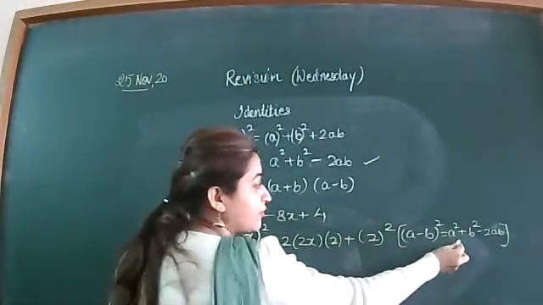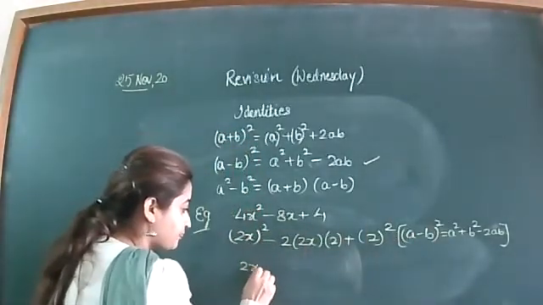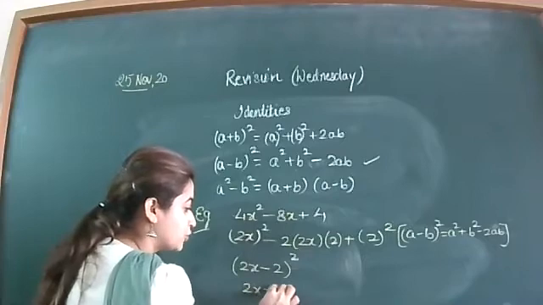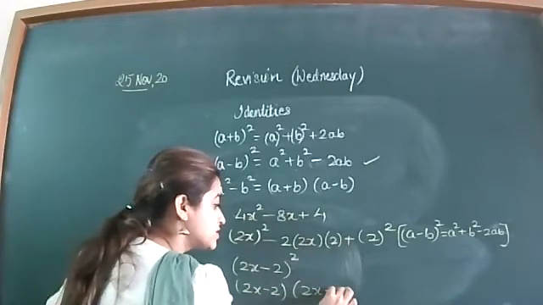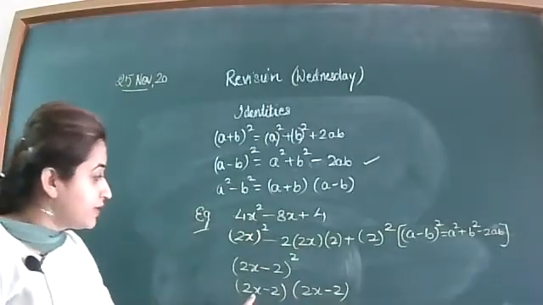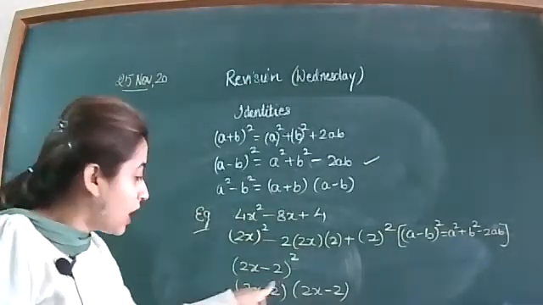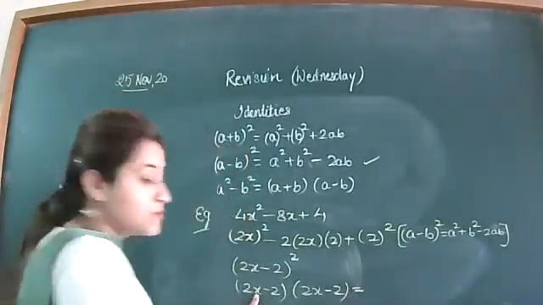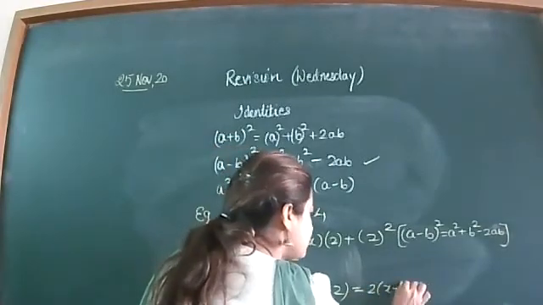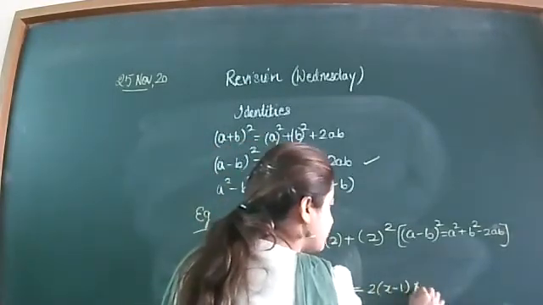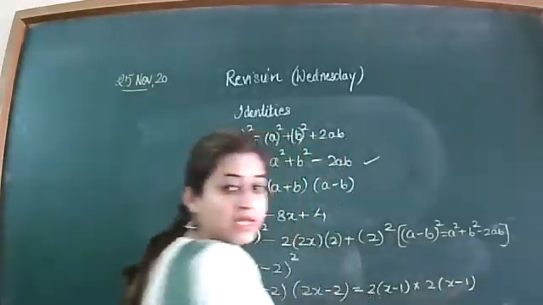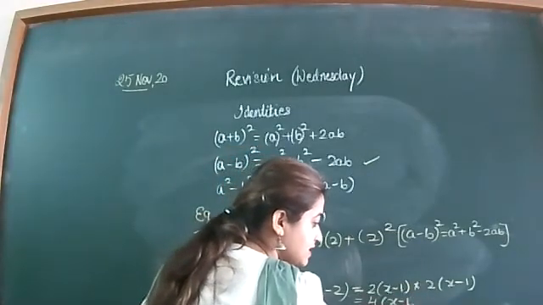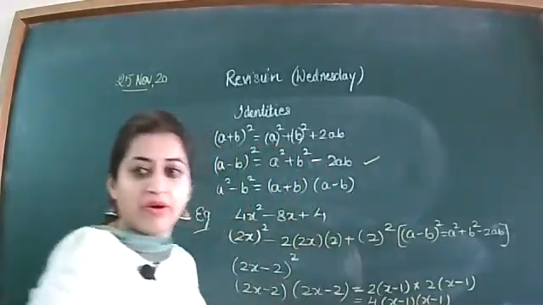So when you combine it in the form of the left hand side, you will get a minus b whole square. So write it 2 times. This will give you 2x minus 2 and again 2x minus 2. Now, as you can see, in these 2 brackets we have 2 common, out of this bracket as well as from this bracket. So take 2 common. After taking 2 common from this bracket, we are left with 2x minus 1. And from this bracket also, if you take 2 common, you are left with x minus 1. So 2 2s are 4, and the answer is 4 into x minus 1 into x minus 1.